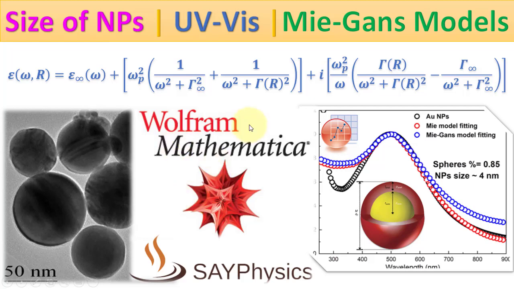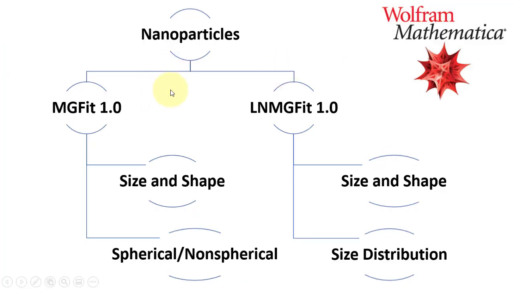In this video, we will execute two Mathematica codes to fit the UV-Vis spectra for evaluating the average size of metal nanoparticles, for example gold, silver, or any other type, using the Mie model for spherical nanoparticles and Mie Gans model for non-spherical nanoparticles. We will use two Mathematica codes, MGFit and LNMGFit, based on the Mie and Mie Gans models to fit the UV-Vis data to determine the size, shape, concentration, fraction of spherical to non-spherical nanoparticles and their